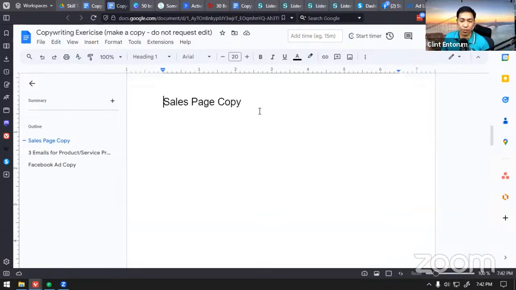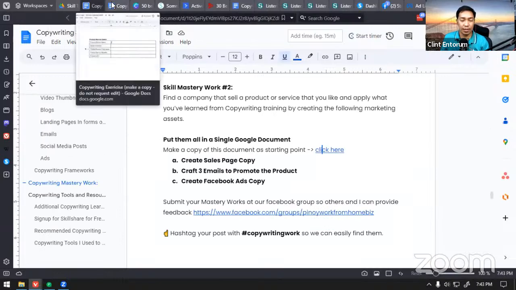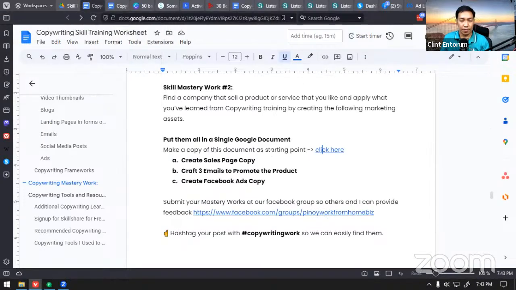Okay, so next week, we're going to be in the design. We're going to do the graphic design, and then we are also going to build the page, mga web pages that we're going to put this copy on. Lahat po ng mga ilalagay niyo dito, we will be using later next week. Kaya you have to implement the assignment so that you will have something to do next week. So you have a real experience.